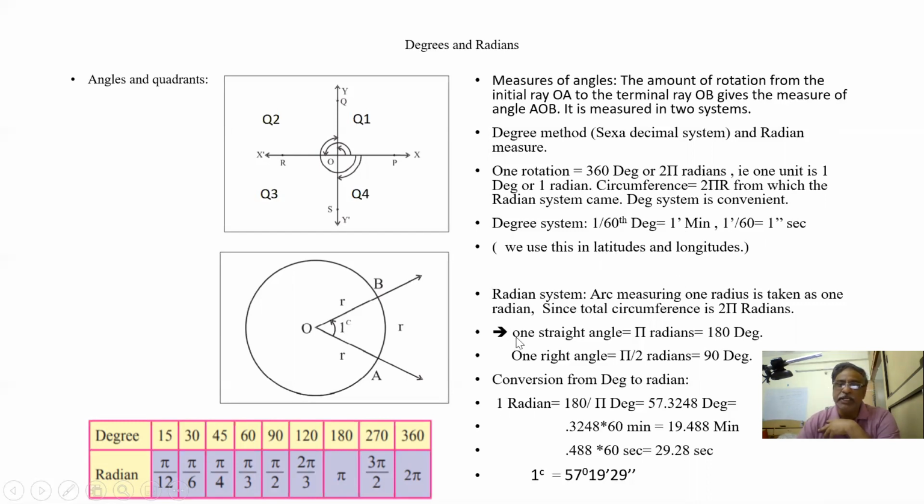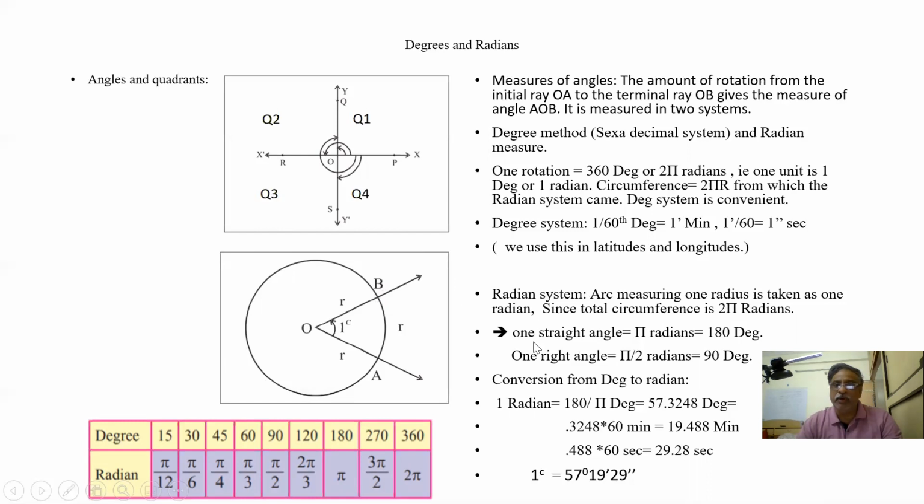So let us see the radian system. It is observed that the ratio between the circumference and the radius is fixed as 2 pi radians. It's always constant. If you take a bigger radius, again the ratio of circumference length to radius is fixed. So that is expressed as 2 pi radians. So pi is 22 by 7. So 2 pi radians is the ratio between circumference and radius.